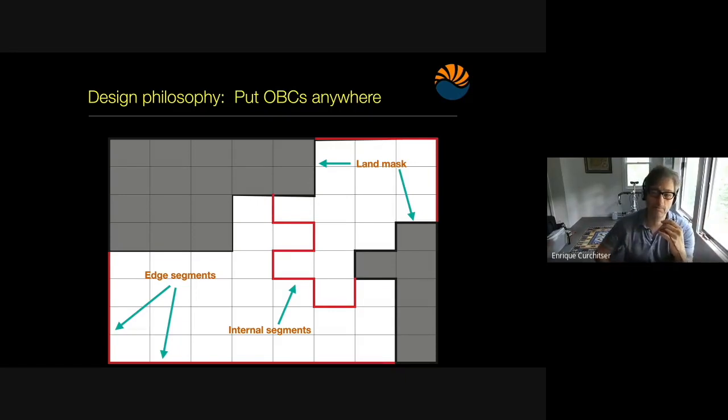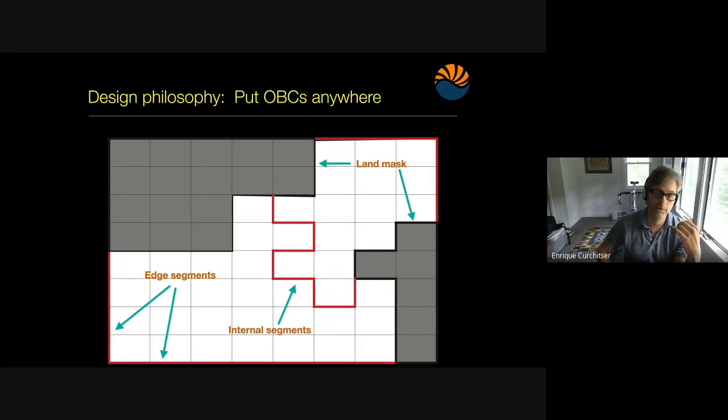Based on some of our past experience, where we tried to merge ROMS with POP, thinking in terms of nested climate, and some of the experience that the atmospheric people have in terms of nesting, we wanted to have a fairly general definition of what a boundary condition is, or what an open boundary condition can be. And with that in mind,